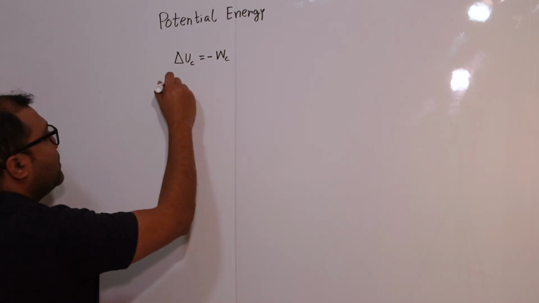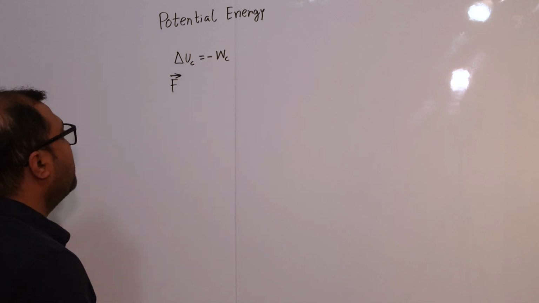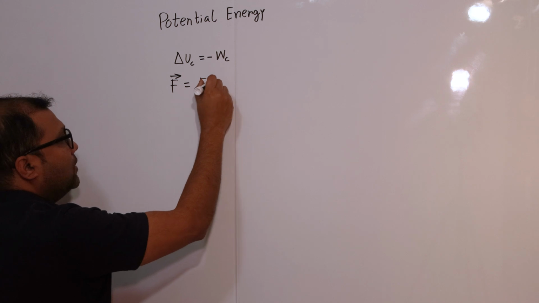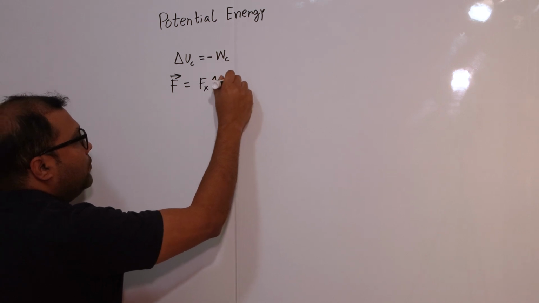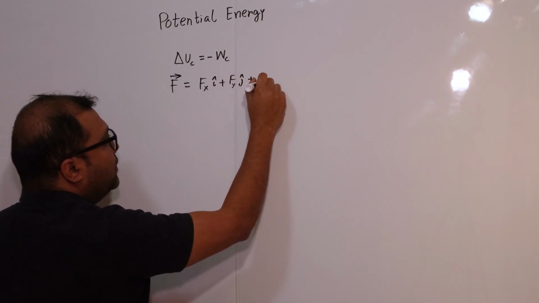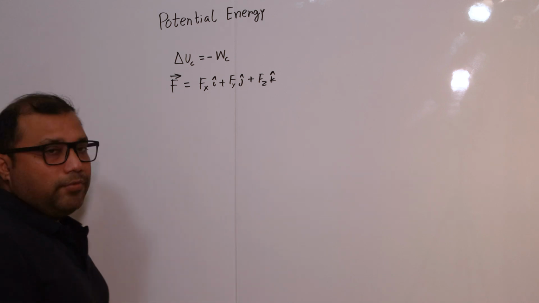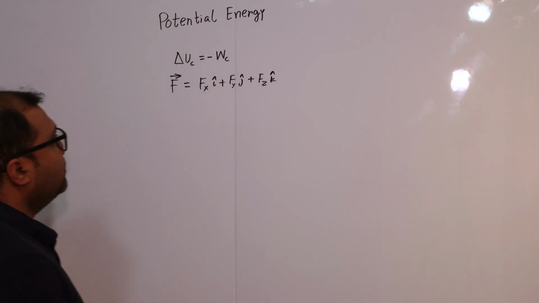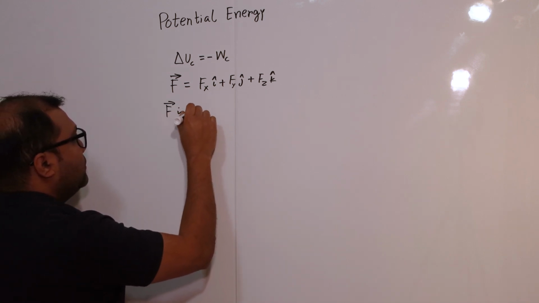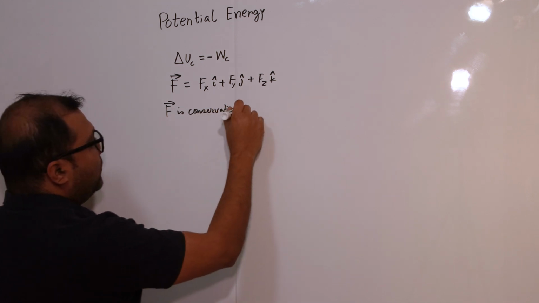Now suppose a force in the vector form is given as Fx i cap plus Fy j cap plus Fz k cap. How do we know if this force is conservative or not? This F is conservative if and only if